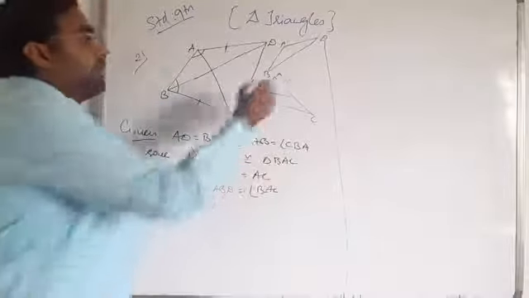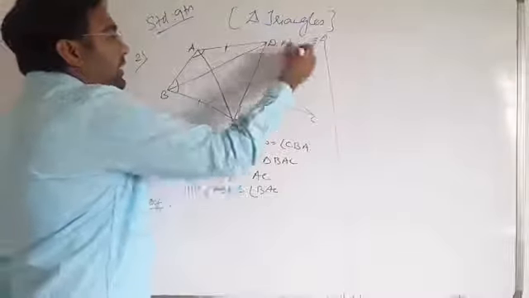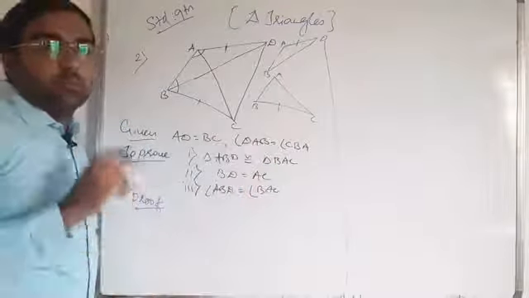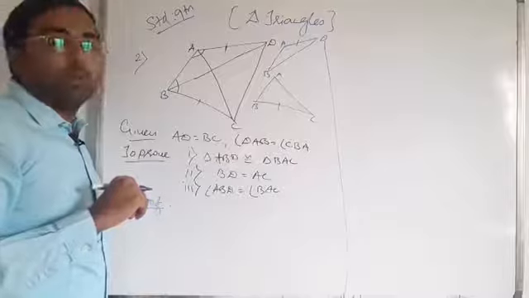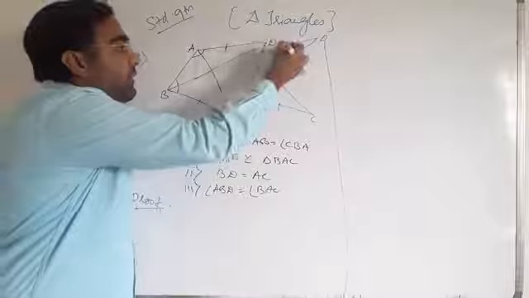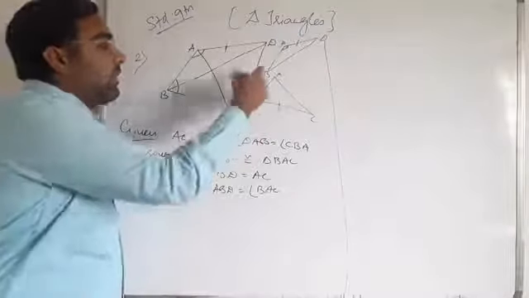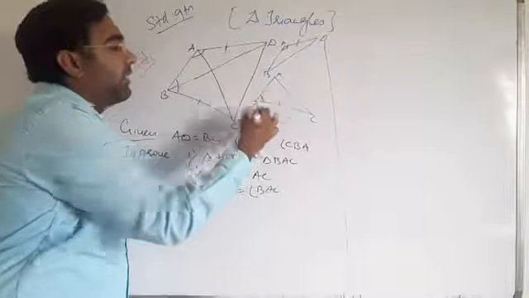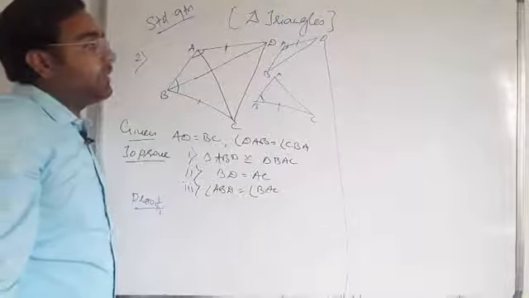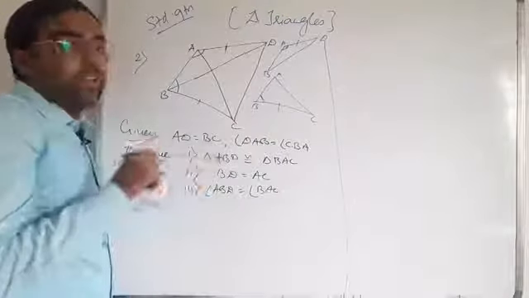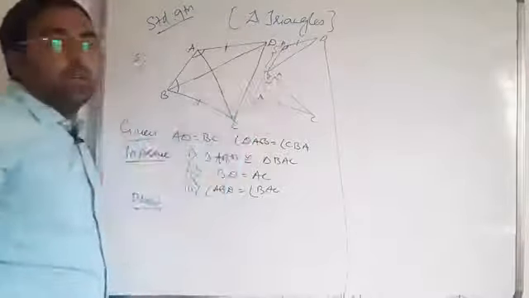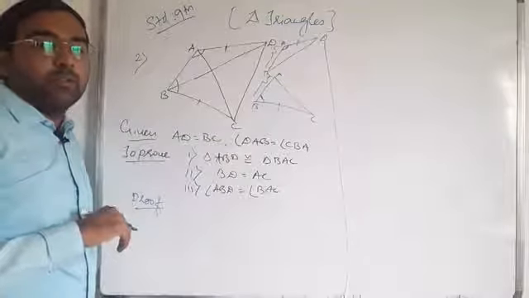Here you can see that AD is equal to BC. AD and BC, two sides, are equal, given. Second thing, angle BAD is equal to angle ABC. Clear? Here also, one side, AB, and here also AB, is common in both of the triangles. So we can see that